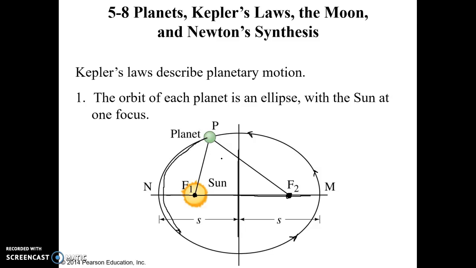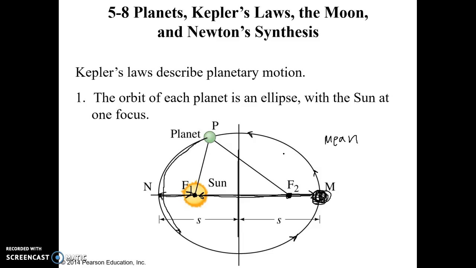So the distance between a planet and the sun varies at different points throughout its orbit. So sometimes it's closer to the sun. At other times, it is farther away. When it's over here, the distance is larger. So although the distance between a planet and the sun may change at various points throughout its orbit, if we take the average of these distances, we get the mean distance or average distance from a planet to the sun.